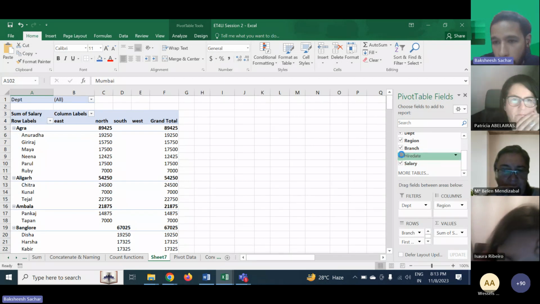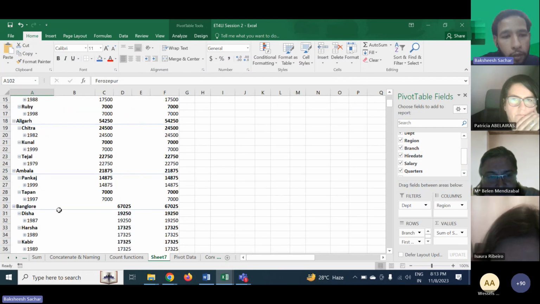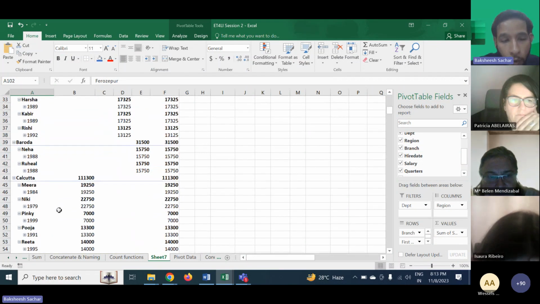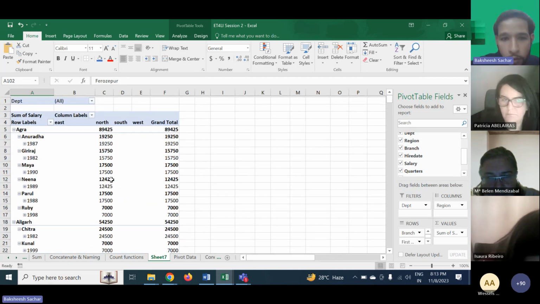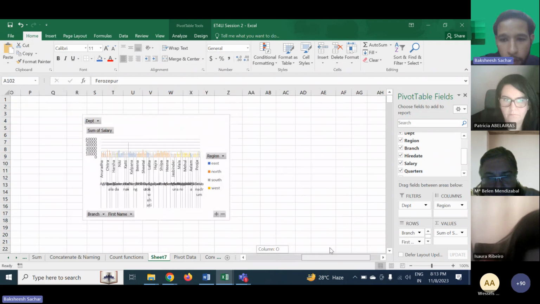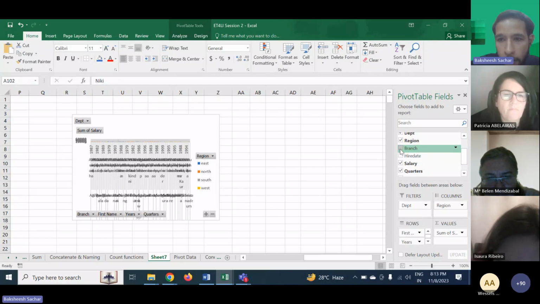And if I want hire date, so this also gives me the hire date when the person was hired: 1987, 1982, 1990, 1988. So this way I can know which employee joined on which day and since how long the person is working. And this is something which, as a part of the pivot, has already been created. So if I cross this and this,